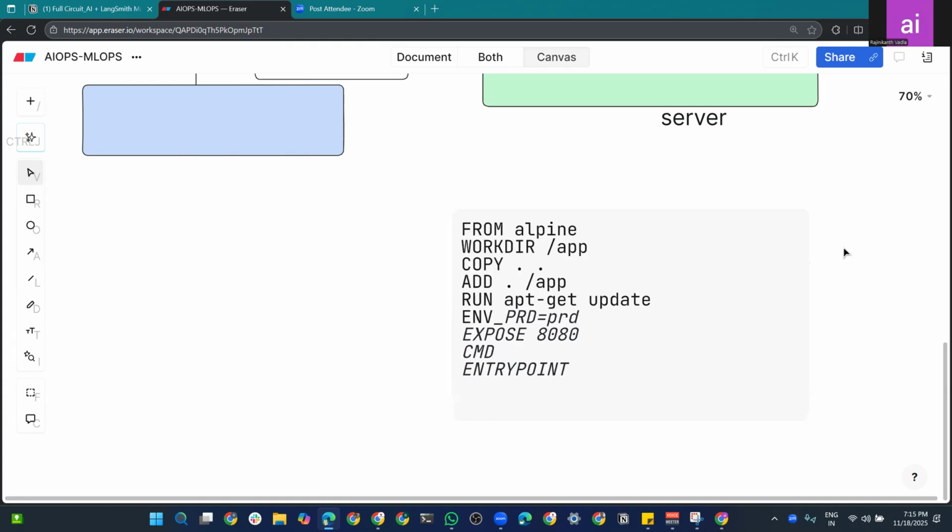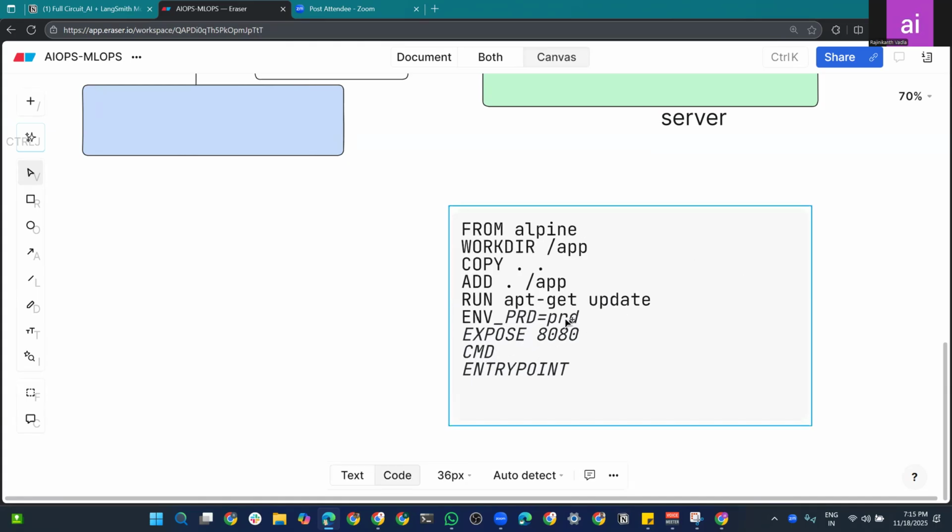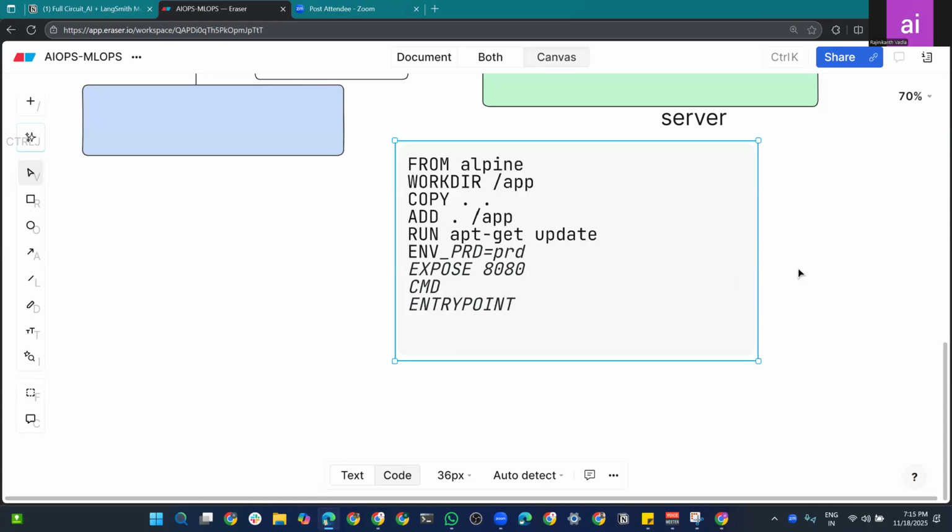CMD and ENTRYPOINT. So CMD is the first-level instruction that existed when the Dockerfile was created,